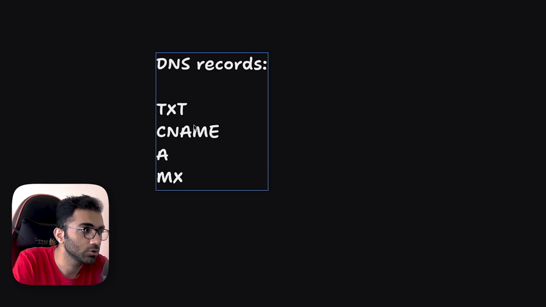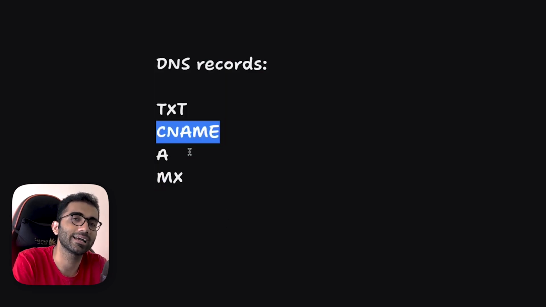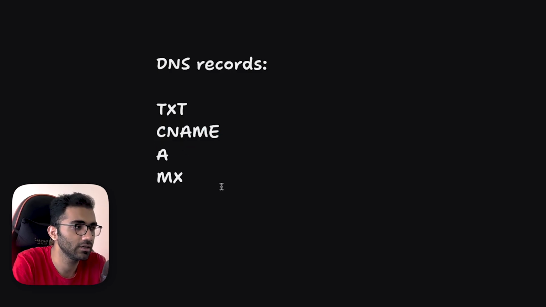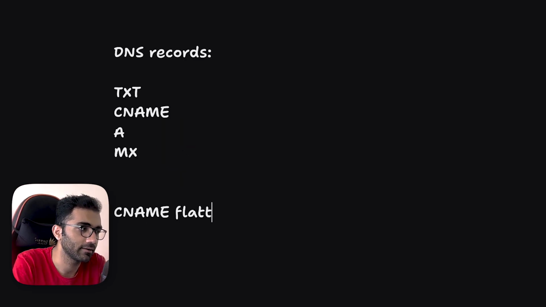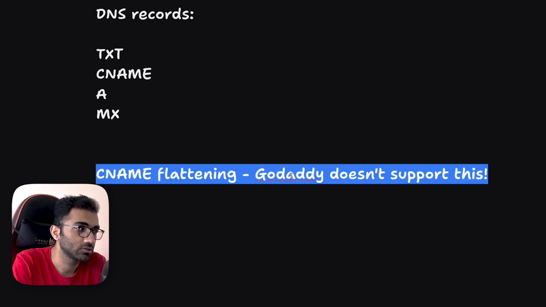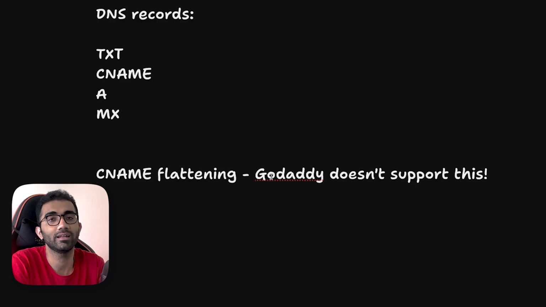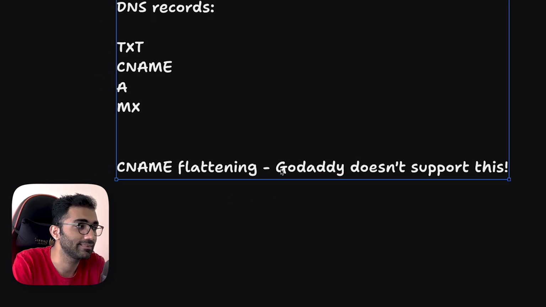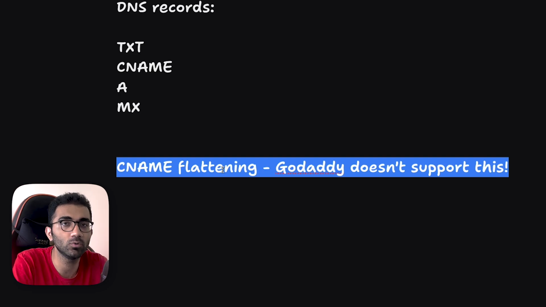So what happens with GoDaddy is something weird at the CNAME level. Not exactly weird, I would say, but they don't follow a very popular thing which is out there, known as CNAME flattening. GoDaddy doesn't support this. And it's a huge registrar, right? It's not like it just has a few million domains. It has 84 million domains. And this is a big thing, because I'll tell you what happens.